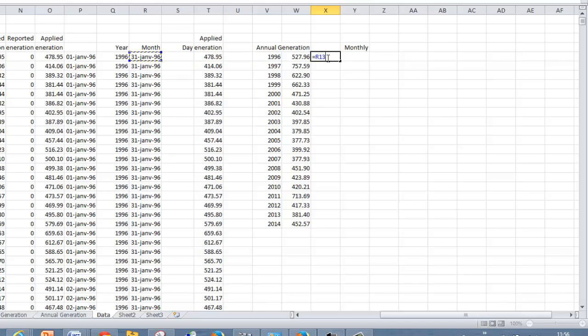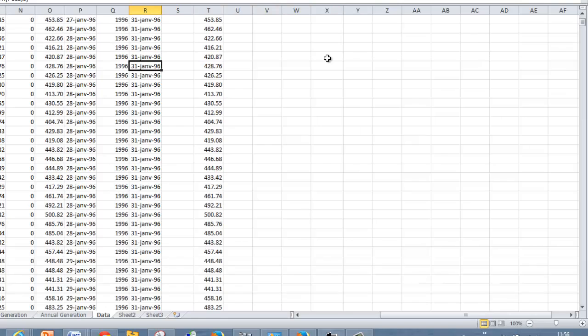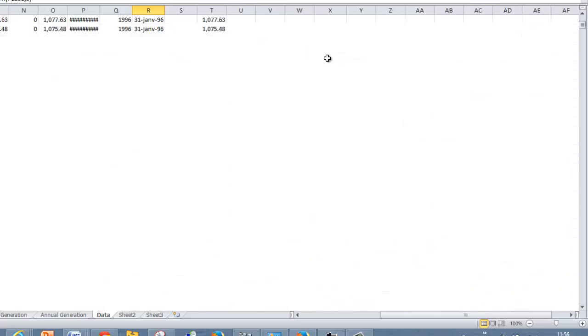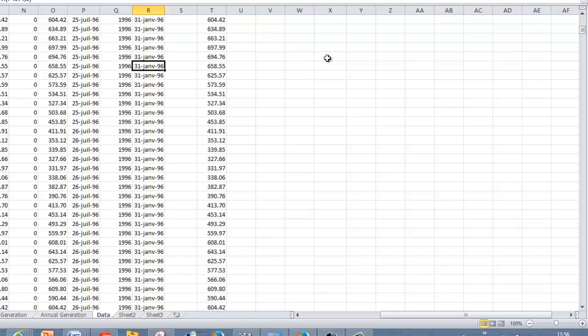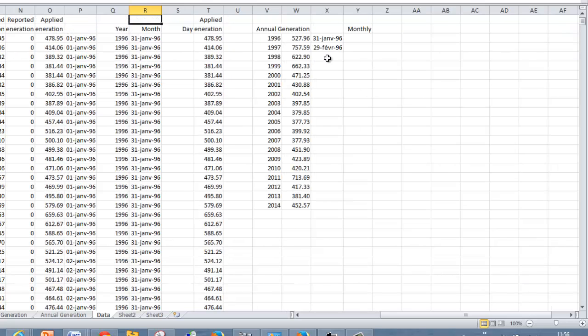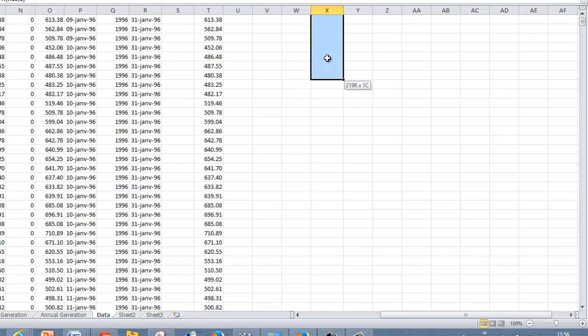All right, and then for the monthly one, we can start with the very first one, and then simply put an EOMONTH and go to the last month and increment it by 1. Okay, so here we have January, a whole lot in January, a whole lot in January. Oh, because I didn't recalculate. Okay, and then we'll make February and so forth. So we'll just pull this down, Control D,